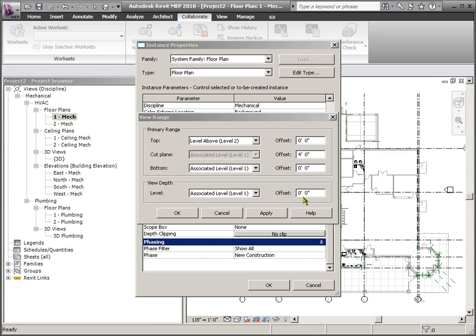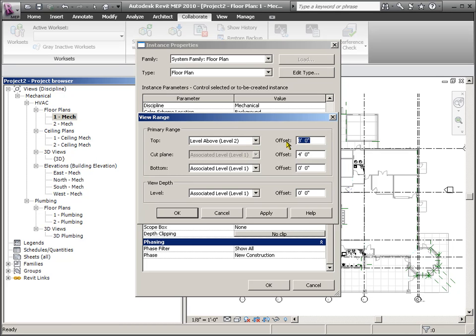So let's talk about the view range real quick. We need to make sure these views match the architect's for the most part. Sometimes where the engineer's view range is going to differ from an architect's view would be in the top. So an architect may define their view from level 1 up to a top of level 1 with an offset of something like 8 foot. Their view may stop at the ceiling grid, and they do it this way, whereas level 2 might be defined